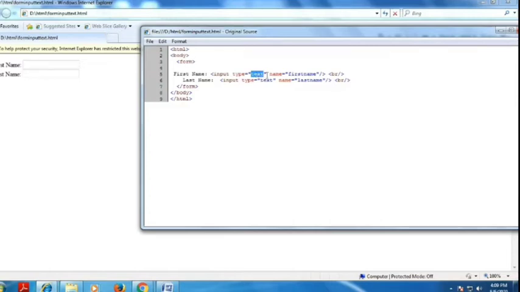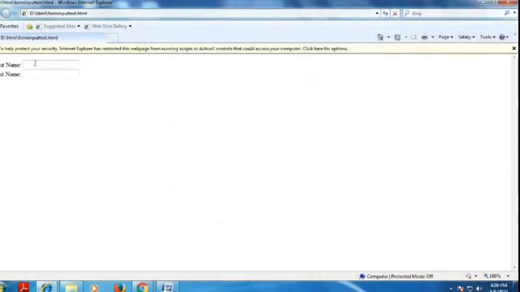More than one line is not accepted. The name of the first input box is first name. Next, the last name is also a text box, and the name of that input is last name. So here the output is first name. You have to type the name, and your last name, you put this. This is your initial. This is one text box example.